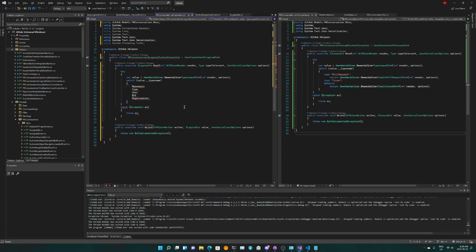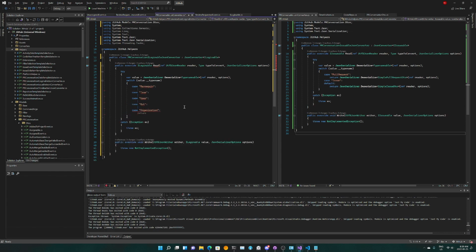So these are the 5 possible values. All right, so case of these, we return JsonSerializer dot, did I make a typo?